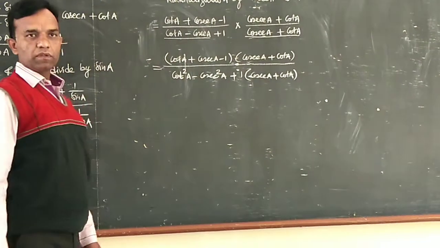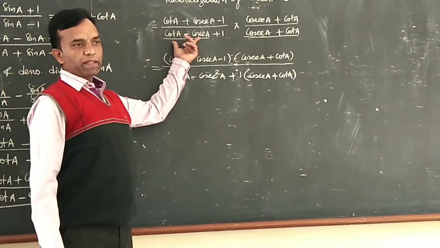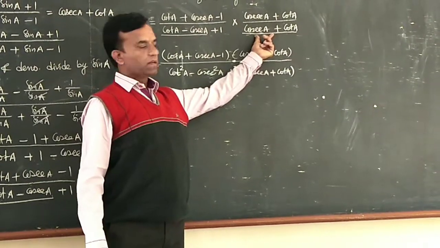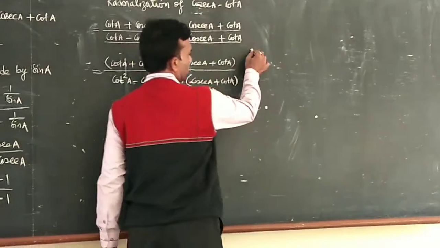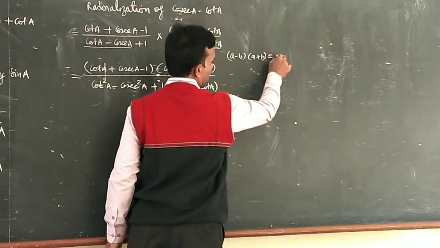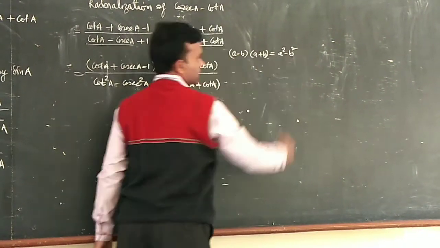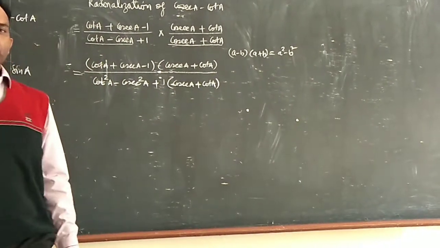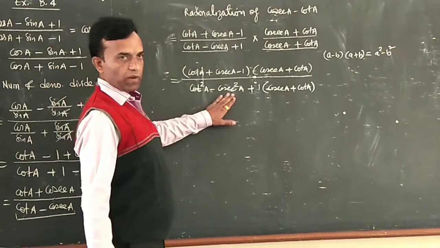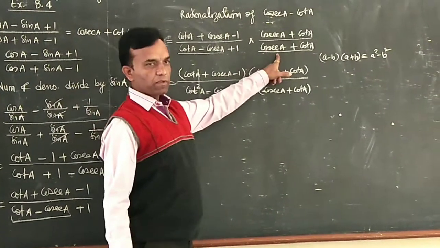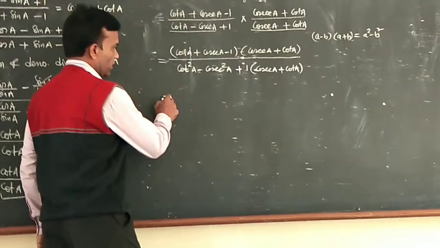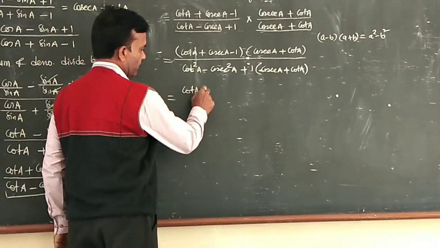Any doubt? No. Here you underline, so this bracket's underlined part and this underlined part are multiplied. If you don't know, write outside a minus b and a plus b. What happens if you multiply? a square minus b square, from the identity. Then cot square A minus cosec square A, and then 1 multiplied by this number, so 1 into cosec A plus cot A. Then your numerator part you put as it is.